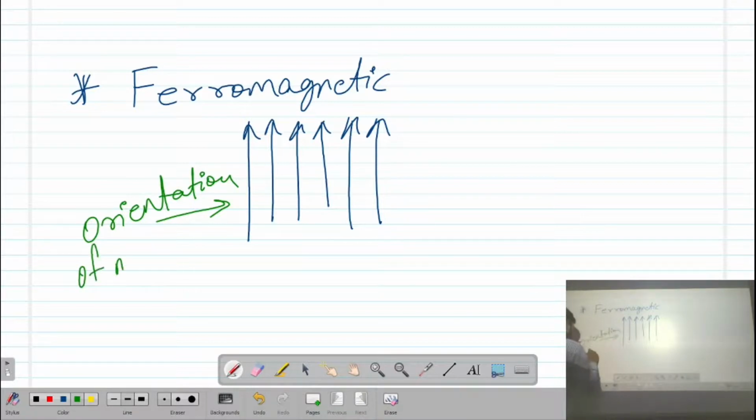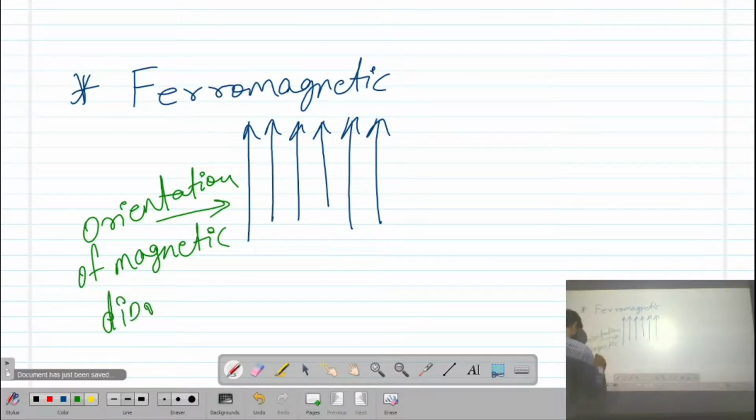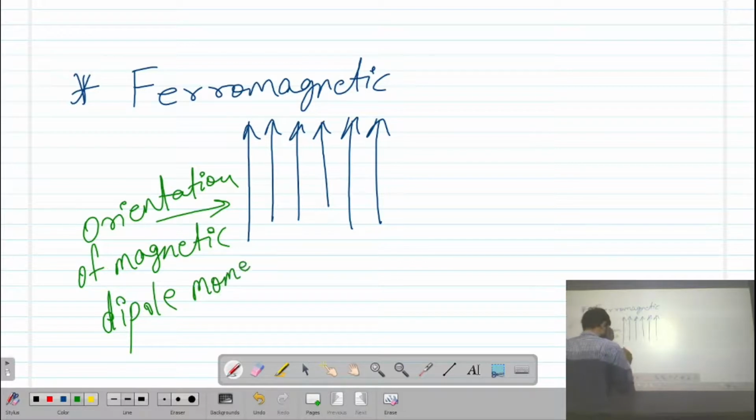This is nothing but orientation of magnetic dipole moments. Means what?